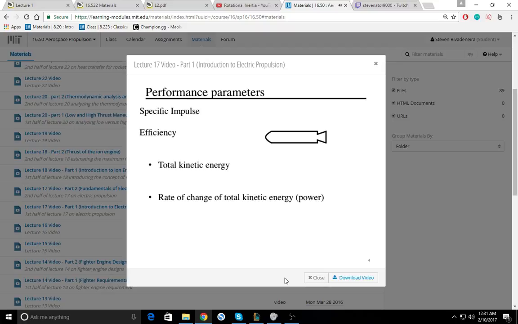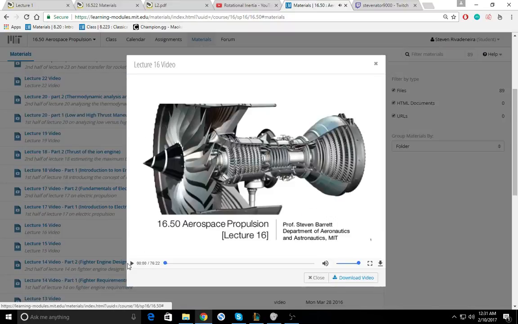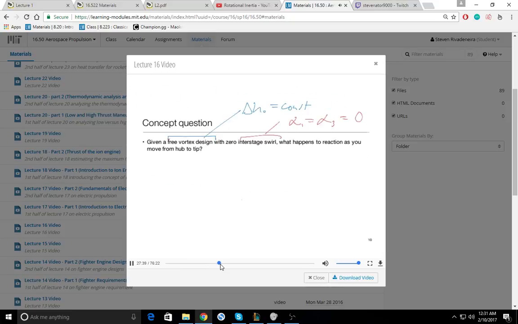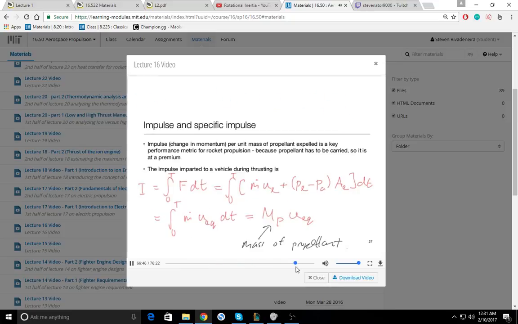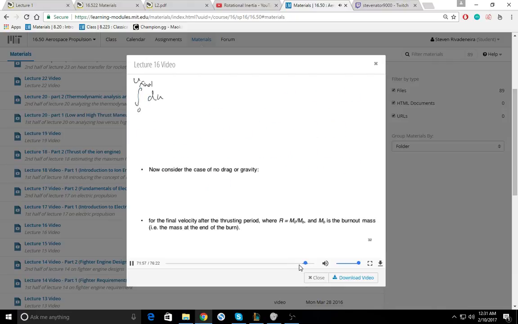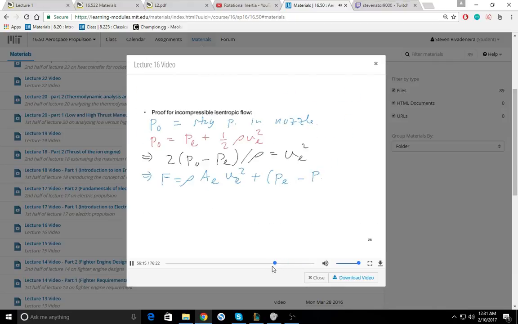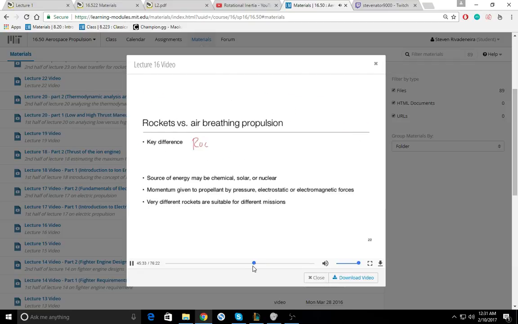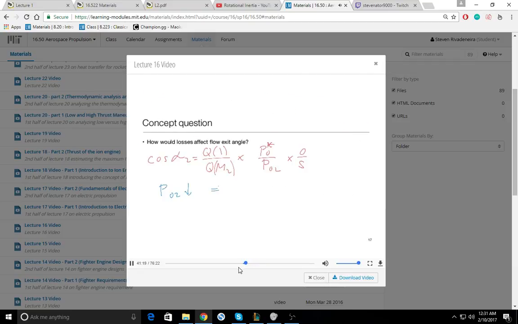Now, other parameters that are important when we think about rockets are the specific impulse, which you also saw the other day. Coefficient, which is the optimum, and you're trying to achieve a certain velocity at a certain altitude with an ambient pressure. Even if you have a constant static number here,